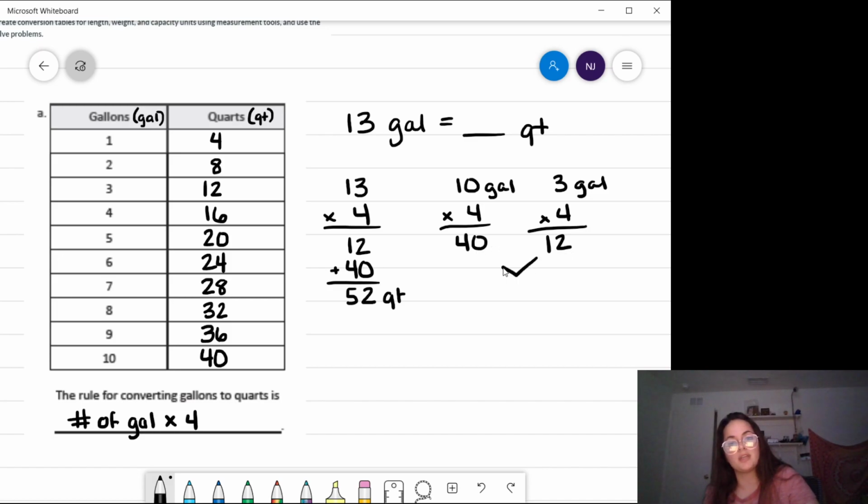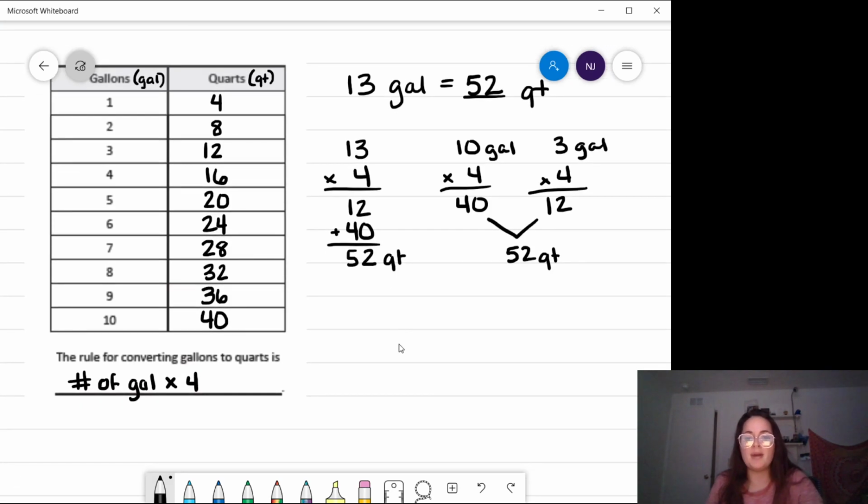And then add them together. We still get those 52 quarts. It's the same thing kind of here, just with more steps and broken apart a little bit more. So 13 gallons is equal to 52 quarts. All right, so what about